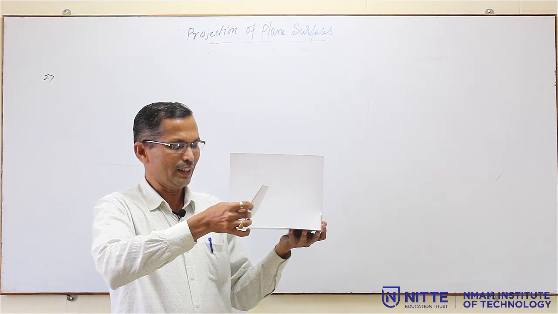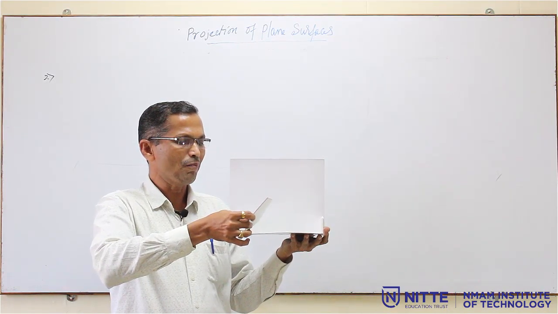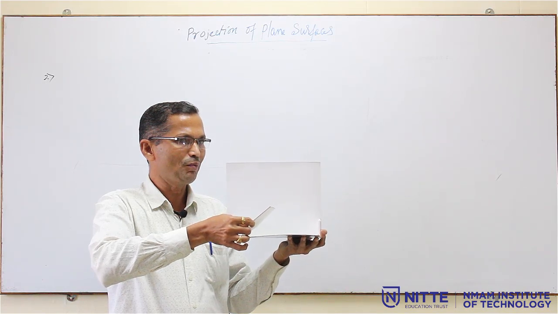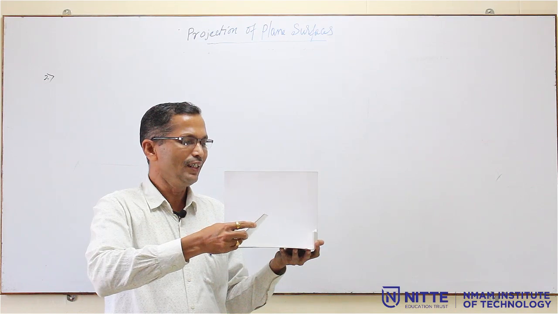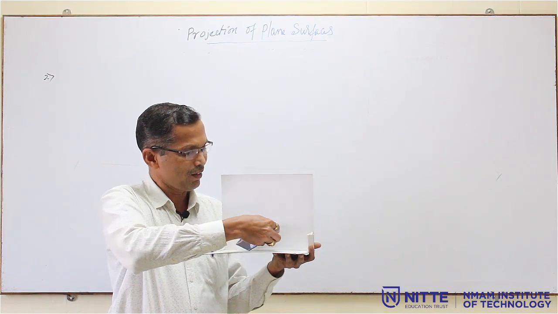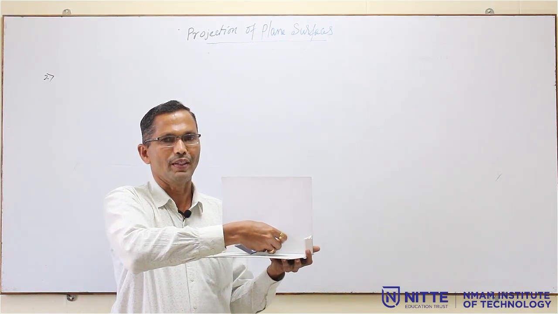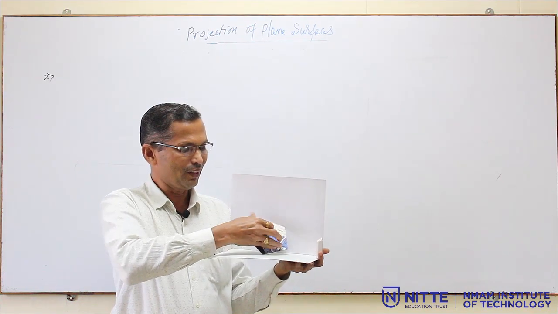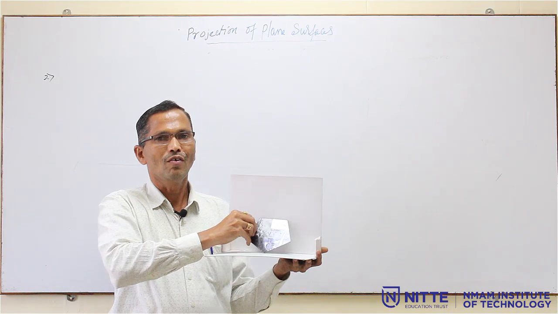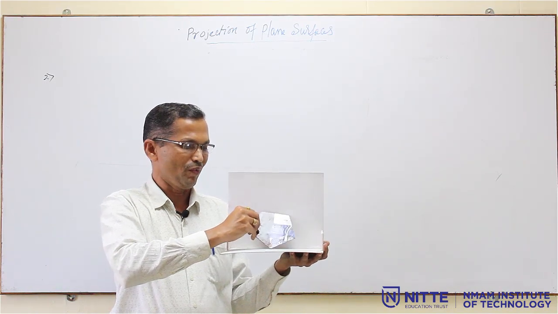So, it is resting on the corner, so that the opposite side is 25 mm above HP and is in VP. That means this opposite side is in VP. It has to touch the VP. So, this is the condition. Finally, it will be in this position. So, you have to draw the front view and top view.